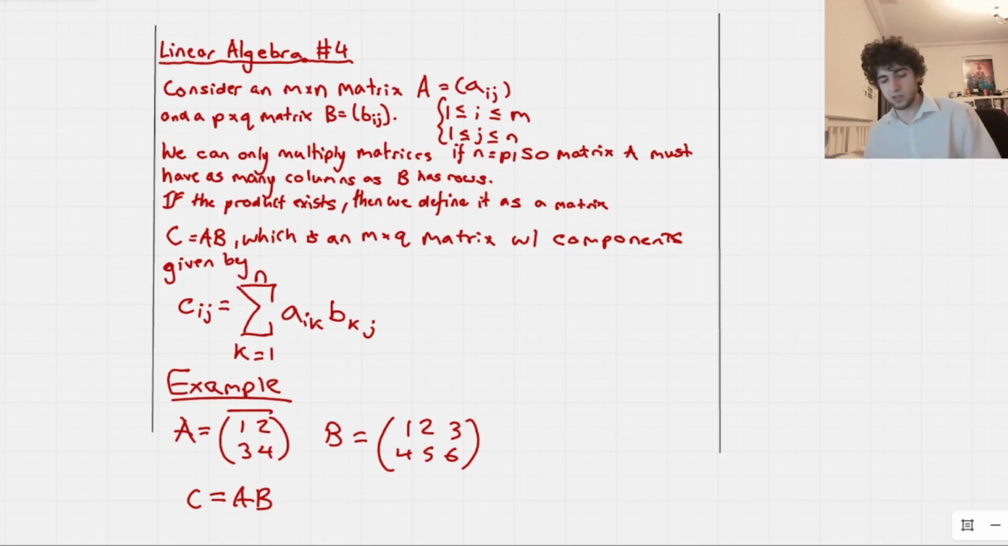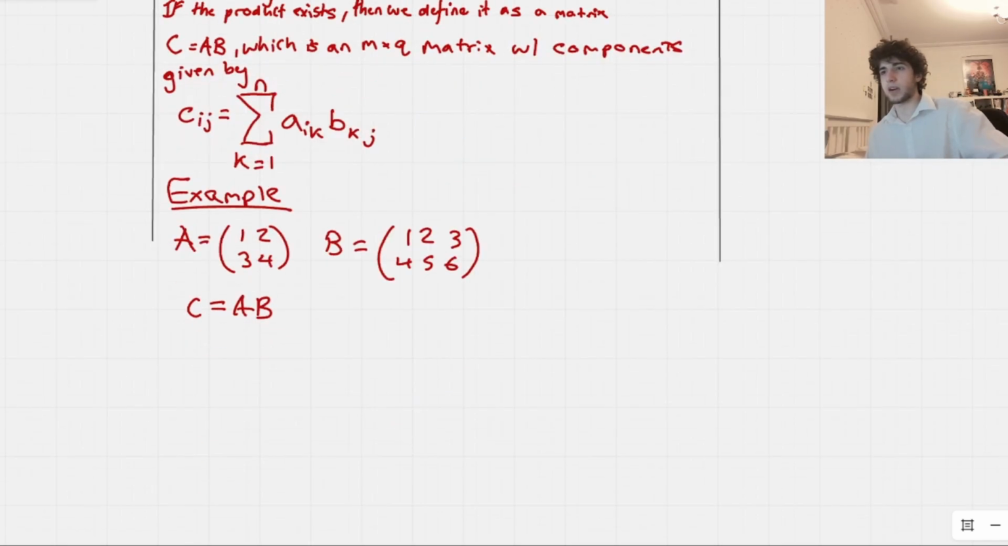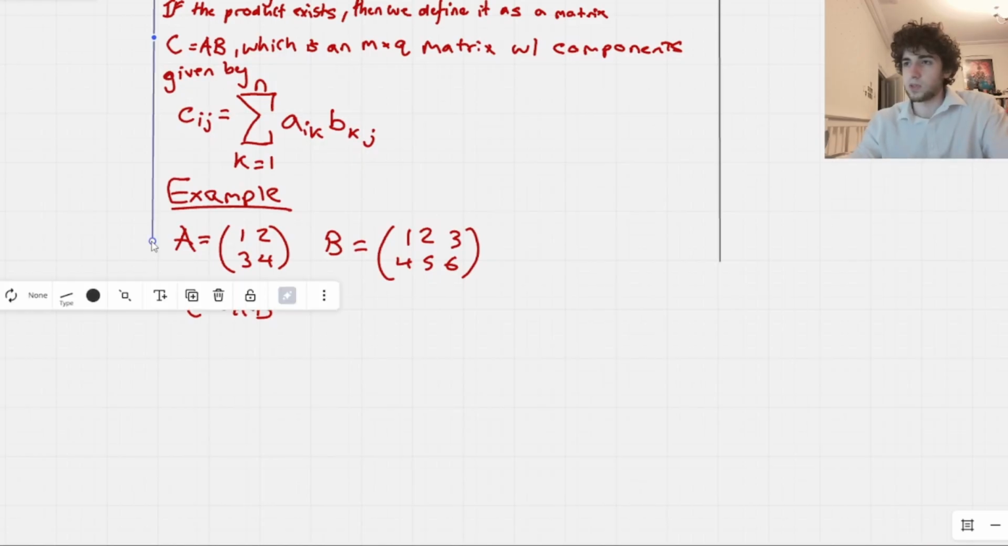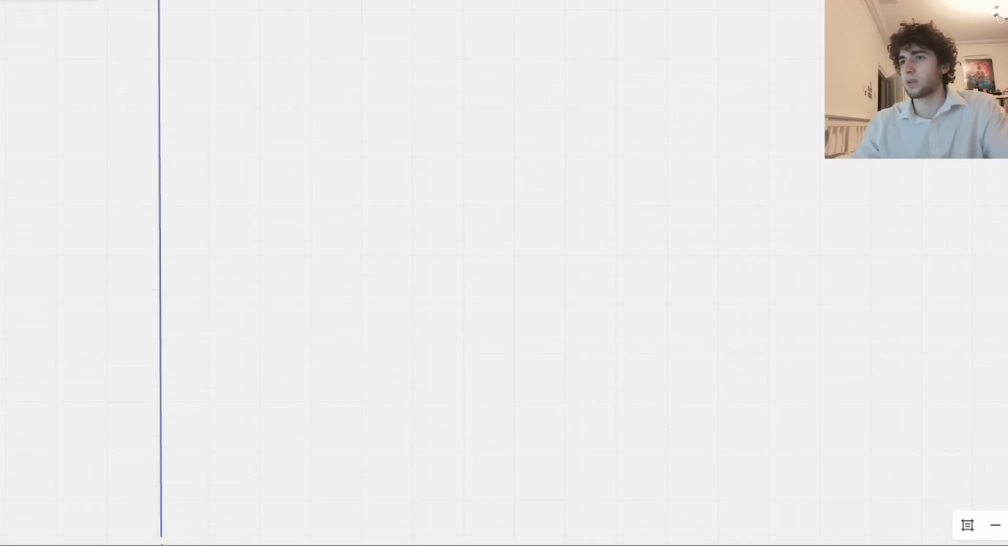Again, because the number of columns here is equal to the number of rows here. So 2 is equal to 2, n is equal to p, which is equal to 2. And so then we know that the product will exist. The next question is, what actually is that product going to be? We can figure it out if we do some